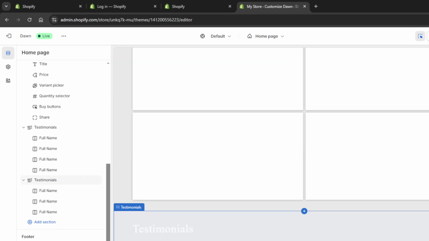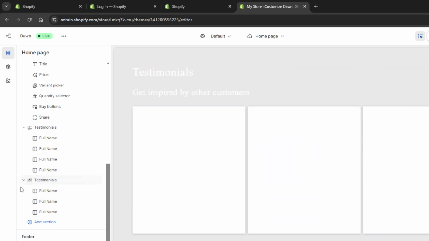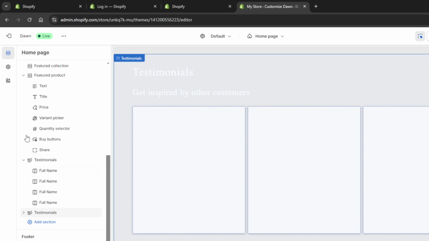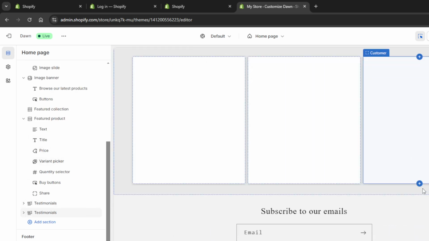And that's it, you've successfully added a testimonial section to your Shopify Dawn theme. Not only have you enhanced your store's authenticity, but you've also created a vibrant platform for happy customers to vouch for your products. Be sure to periodically update this section with fresh testimonials